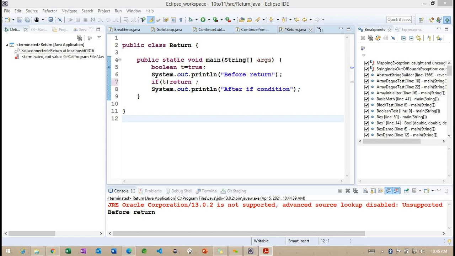So we identified the jump statements: break, continue, and return. Now we want to move on, because from the basic class onwards we are trying to work with class information.